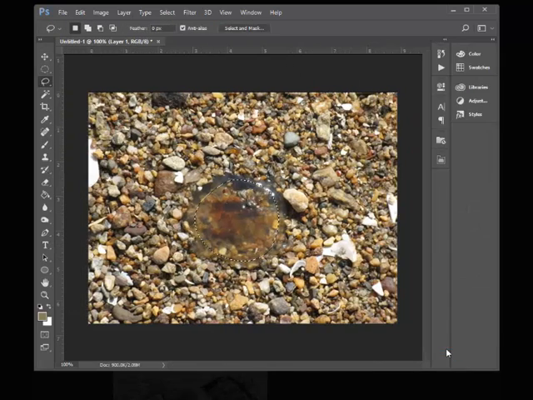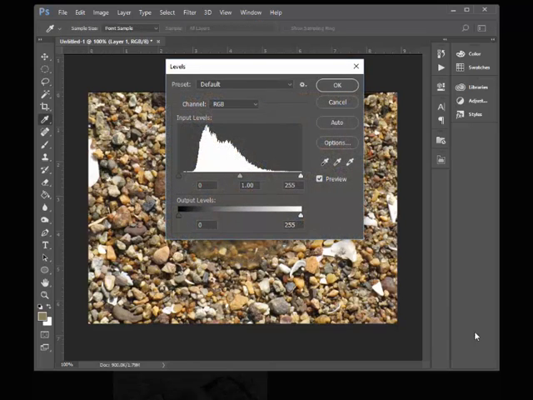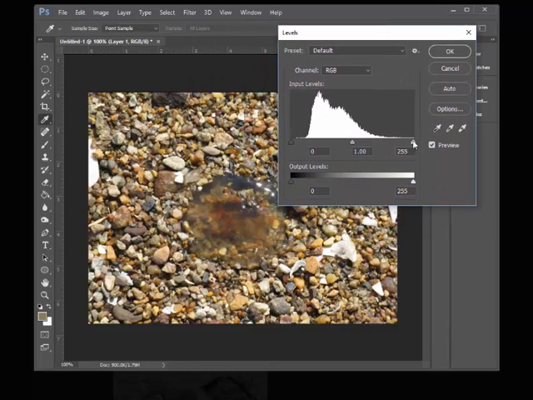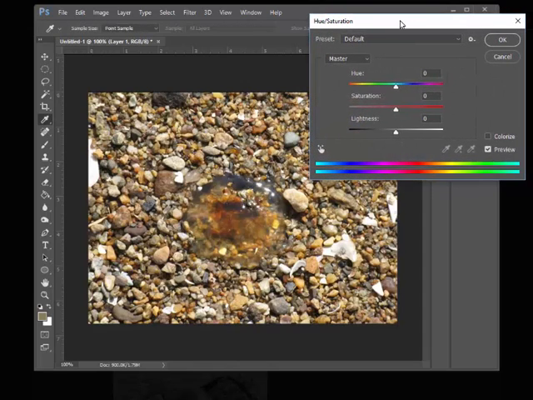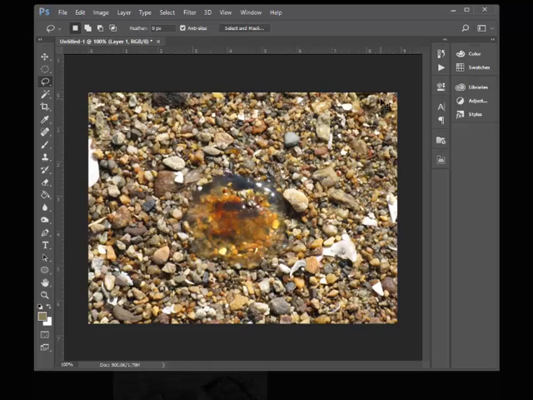and hide it, and Levels, Control L, and brighten it up just a little bit and make it richer with my blacks and my whites. And how about some more saturation? So that's Image, Adjustment, Saturation, or Control U, and dial that up just a little bit, and Control D to deselect. Then try the vignette trick again, where I take the circle marquee, hold down Alt, click and drag diagonally, get an oval, feather it out,